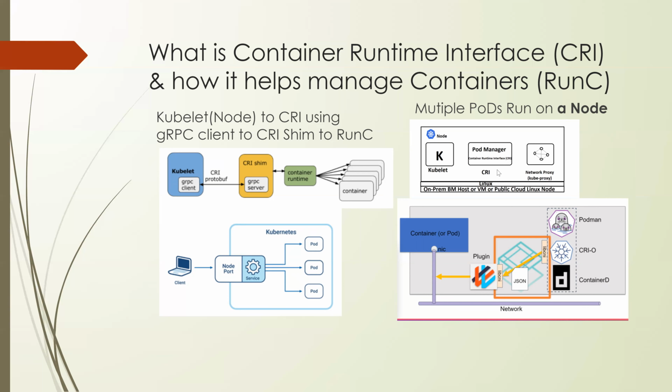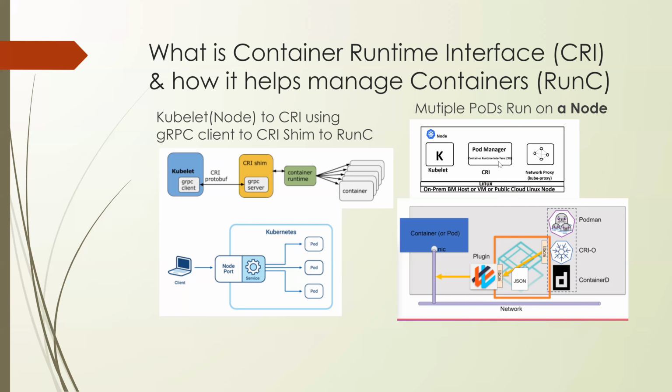That is, the container runtime interface is the one which enables a node to be able to run the containers. So given a node, it can be a VM or hosted on a public cloud or whatever. You have a Linux host, and that Linux host has a kubelet installed. If you need to run it as a worker node, it should have a CRI, and third, it should have a network proxy, which in this case is called kube-proxy. So the main central piece is the CRI,